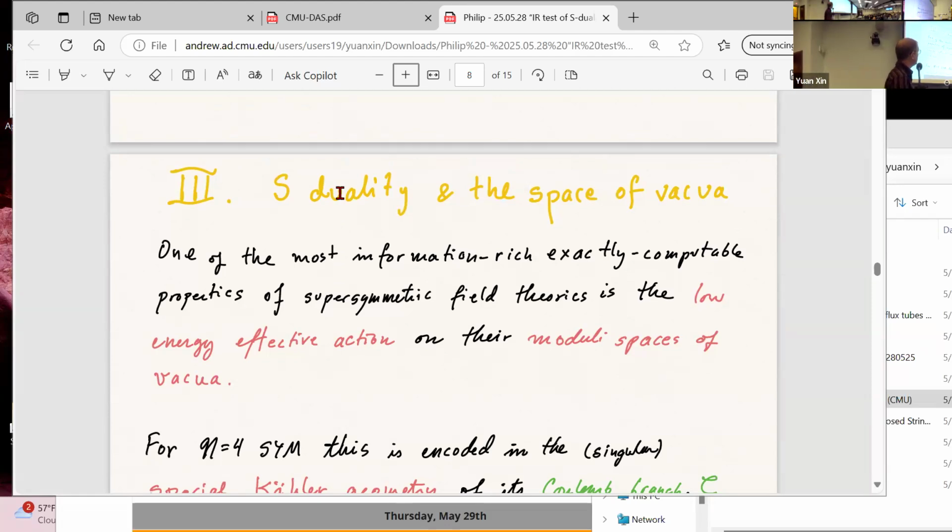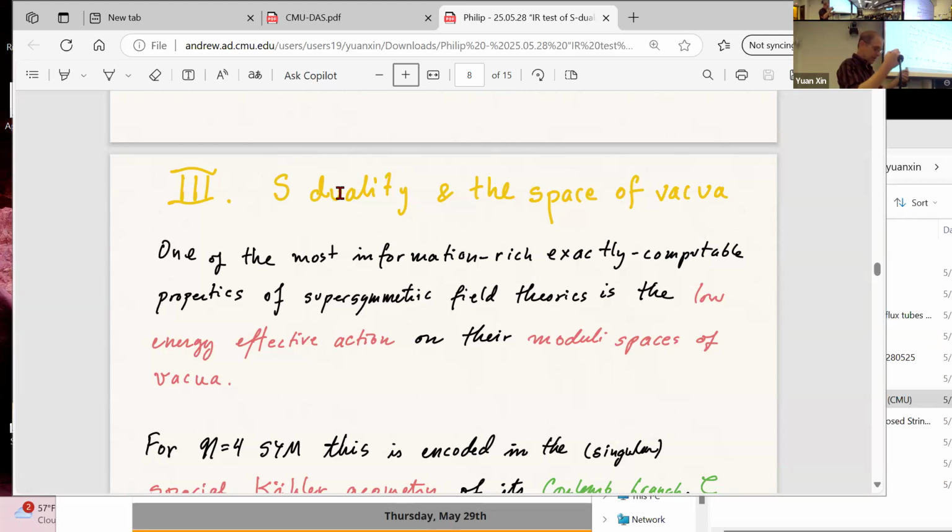So what do we do? Well, as I mentioned, there is this moduli space of vacua, and we can compute exactly the low energy effective action on this moduli space, following Seiberg and Witten. And this gives a very information-rich, exact observable that we compute in these theories. And so we can simply ask,